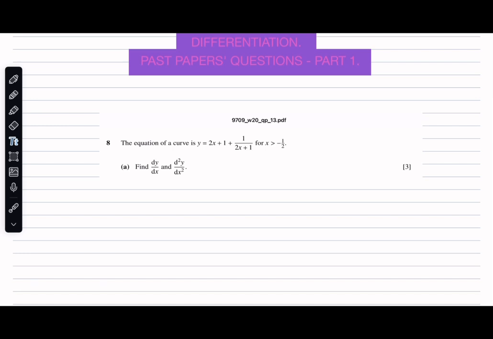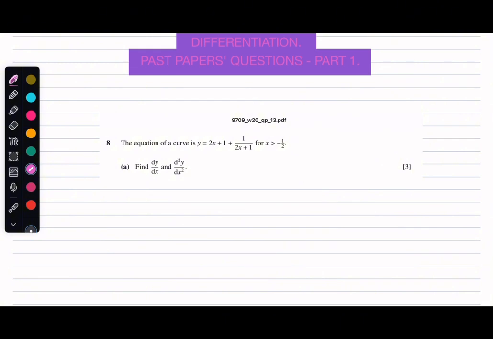And today the lesson is about differentiation, past paper questions. So I've collected some questions here from past papers for extensive practice. And the first question that I have chosen is from Winter 2020, Paper 1, Variant 3, and this is question